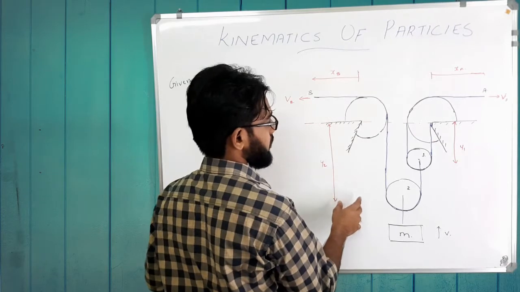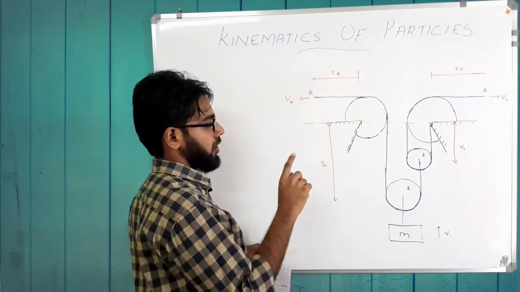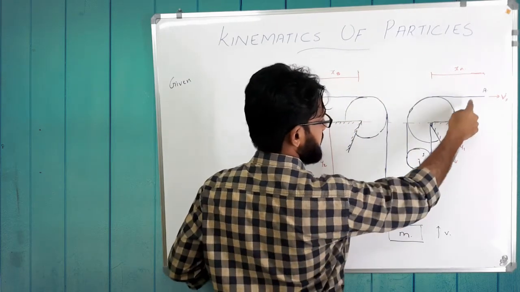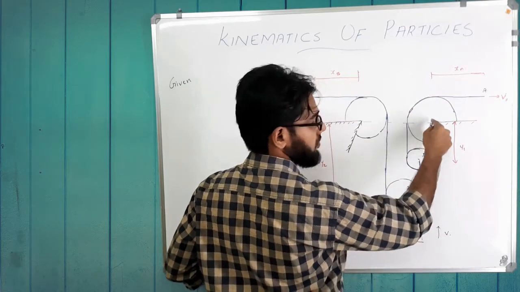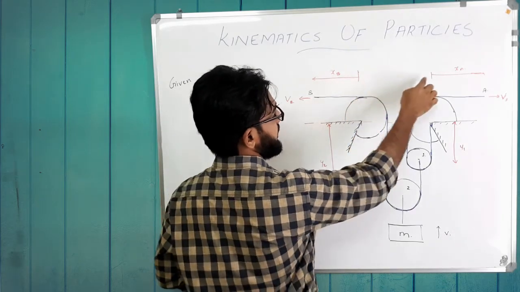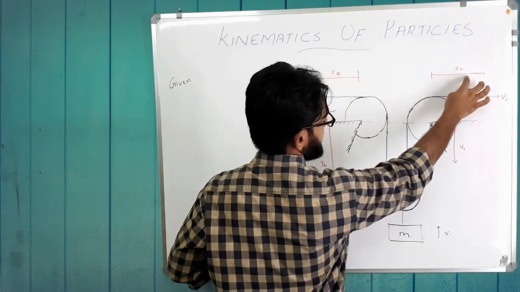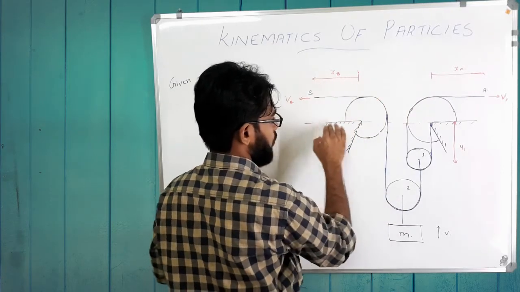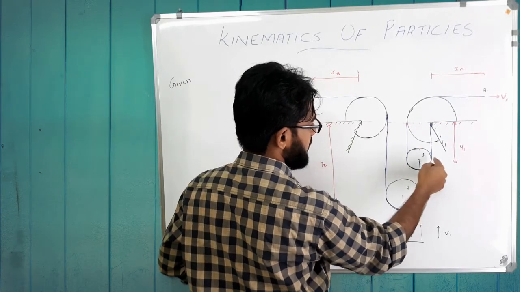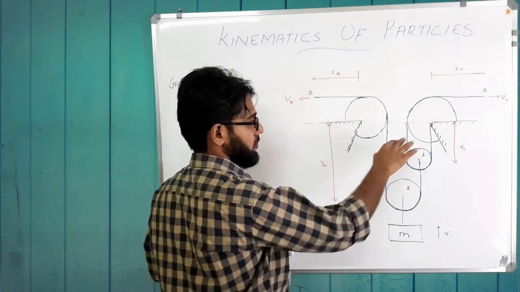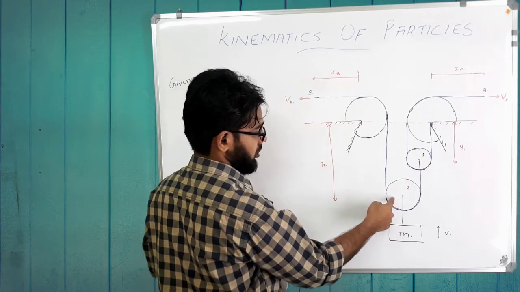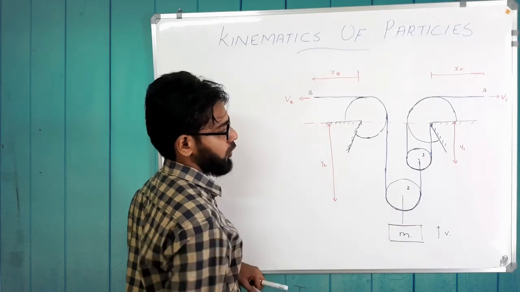Now I had drawn the figure here. If you see the system, you can see that there are two cords, one running like this, the other running like this. So you can get two equations of constraint. Now I had fixed here three datums. One datum here for measuring XA, the second one here for measuring XB, and one datum here for measuring the position coordinates of pulleys 1 and 2. So from this datum, the position coordinate of pulley 1 is y1, and the position coordinate of pulley 2 is y2.